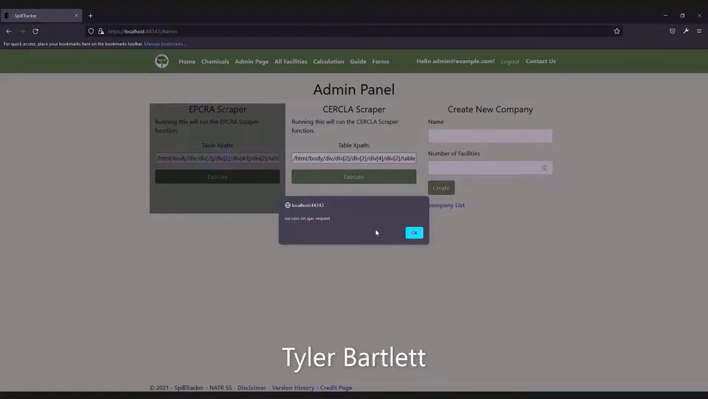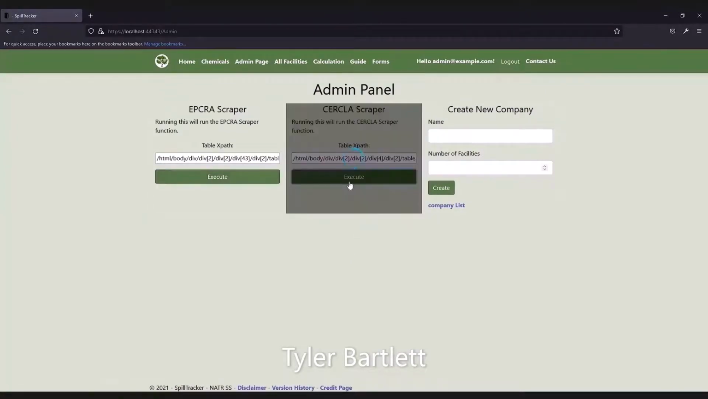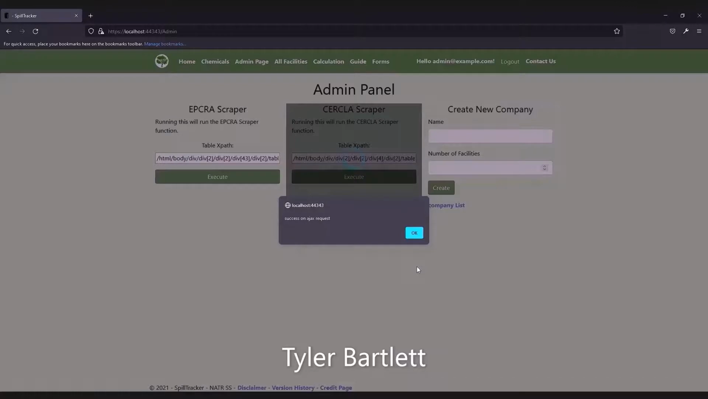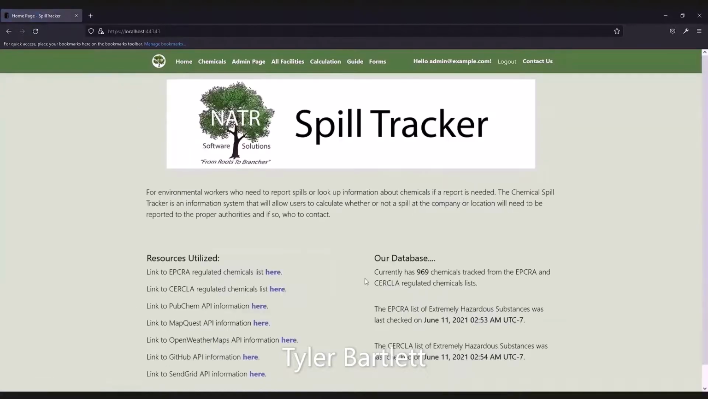All right, so now we can see the EPCRA scraper has finished, and it's prompted us so. And we'll run the CERCLA scraper next. All right, and now we've been prompted that the CERCLA web scraper has finished. And we'll go back to our home page, and we can see that our chemical database has been updated, tracking